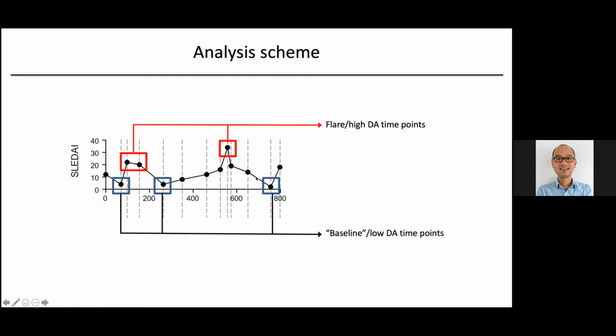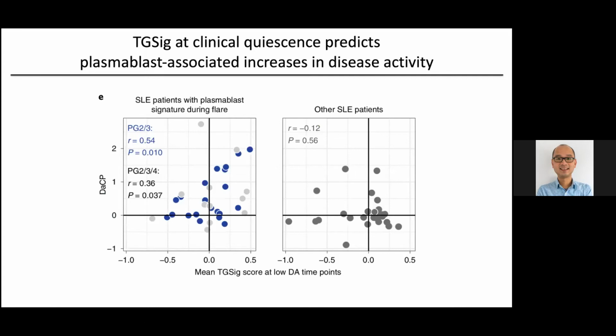So to test our hypothesis, what we did is we computed our TG6 score at the low disease activity time points, like the blue ones here, and for the high ones, the red ones, we computed the plasmablast score, basically. So then we asked whether the baseline state in these patients is predictive or correlated with these increases in those patients. So this was indeed the case for the specific patient groups with the plasmablast signatures I've